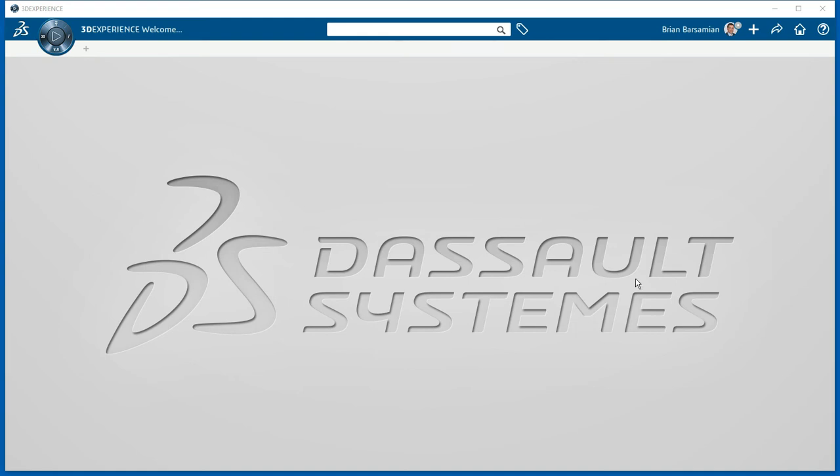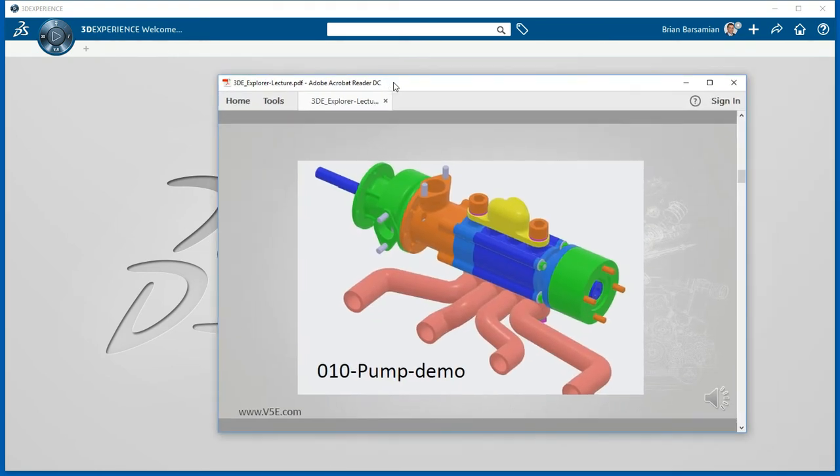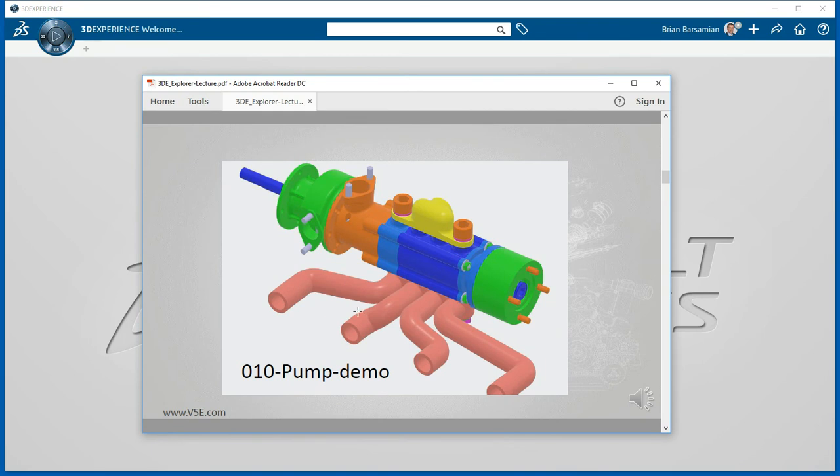We have opened the 3D experience. Now we're ready to find our assembly. Our product that we're going to try to work with today is this one here, called with the name as shown here. Now normally the first thing you would do is come up to your collaborative space and make sure